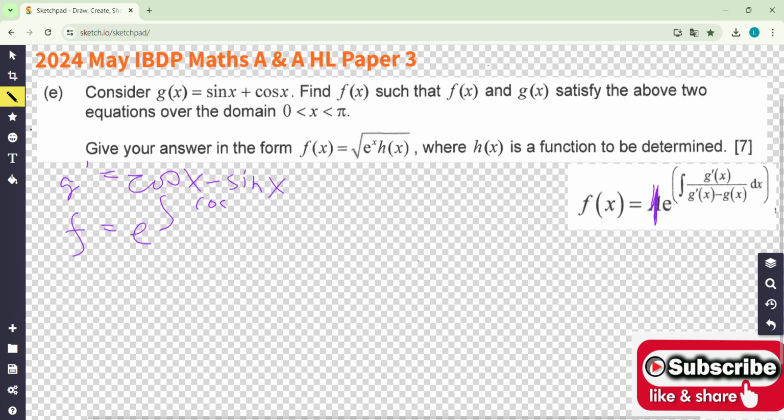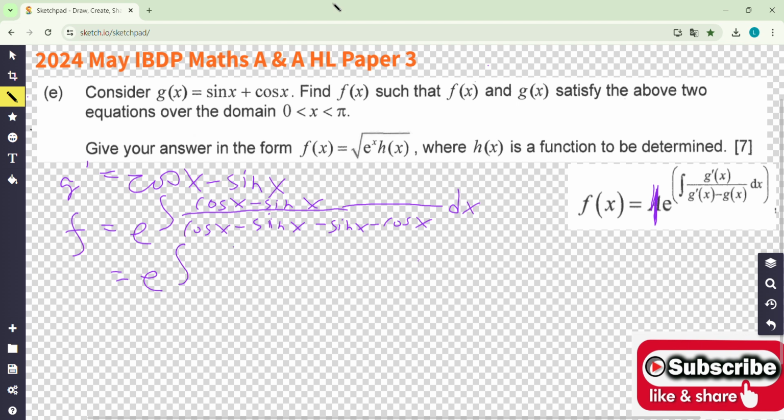Cosine x minus sine x. The denominator should have some cancellation, I hope. So g dash is cosine x minus sine x, and then minus g x, which is minus sine x minus cosine x. Good. The cosine x cancels out, and the sine x becomes negative sine x. So it becomes